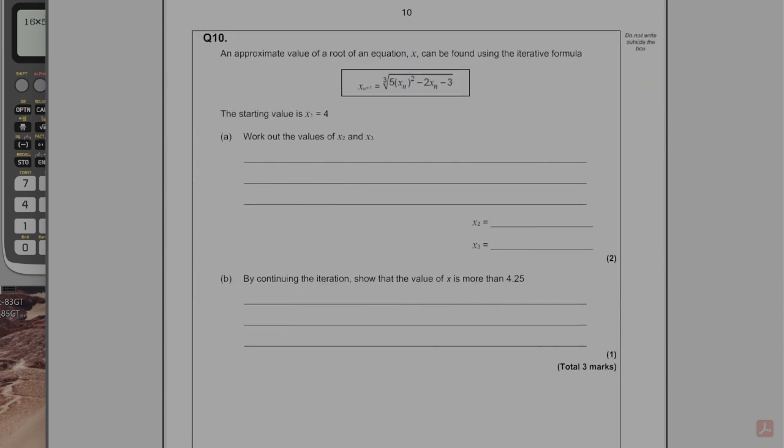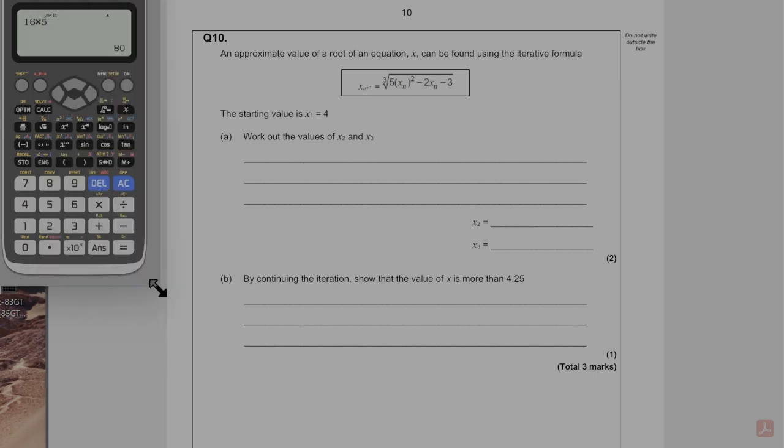Right, question 10. An approximate value of a root of an equation x can be found using the iterative formula. And then we've got a nice complicated iterative formula. Starting with the value of x1 is equal to 4, work out the value of x2 and x3. Okay, so